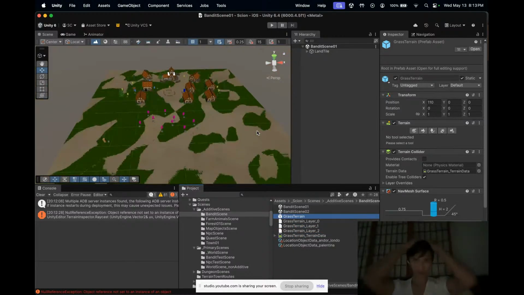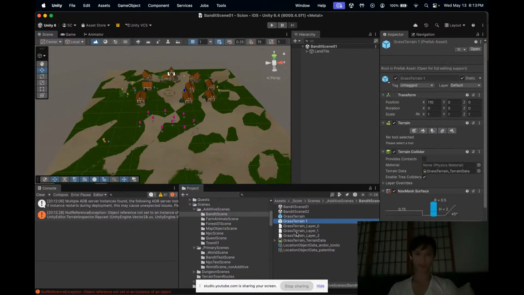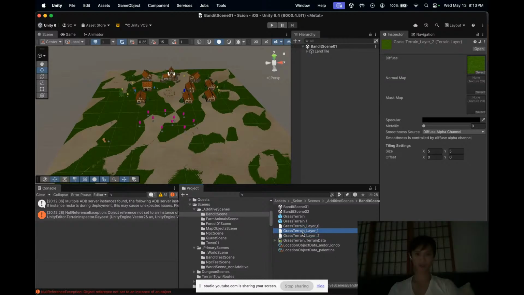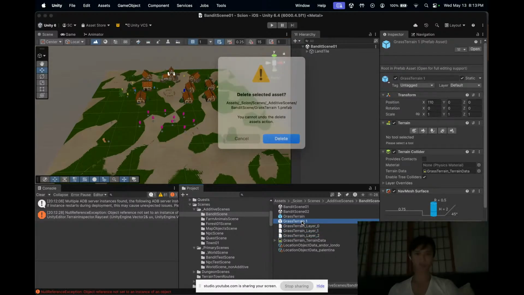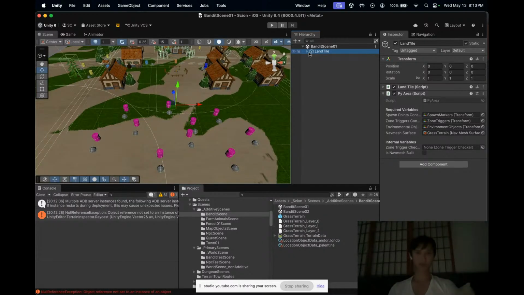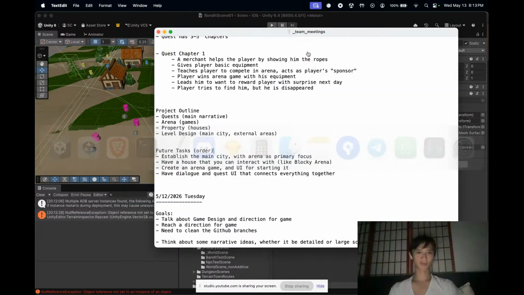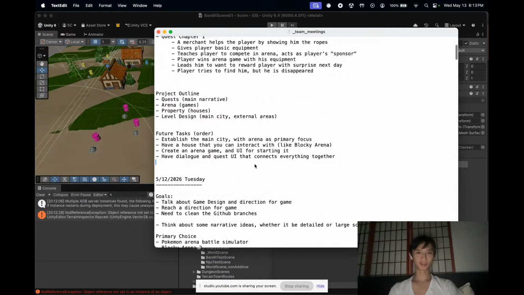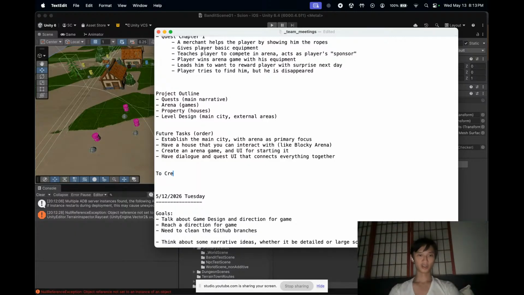We can't just copy this terrain prefab, because if I duplicate it, the prefab is still going to reference all the original layers. So we need original layers with a terrain. So to copy a terrain,